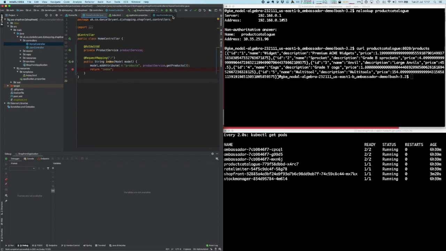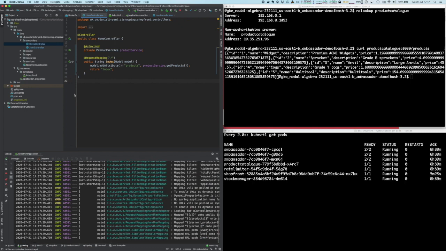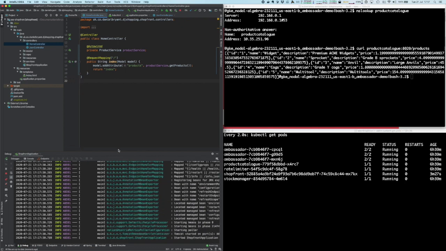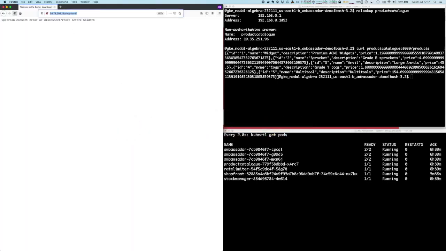Probably more interesting, if we swap now to my IntelliJ application over here, I've got the shopfront application set up in IntelliJ. If I start it in debug mode first, just wait for this to warm up. I'll remove that breakpoint while we're warming up there. Everything looks good, should be running. So if I now swap back to my browser and do a refresh,